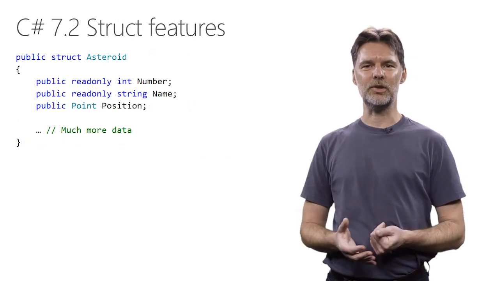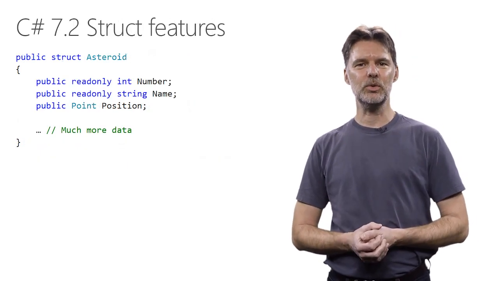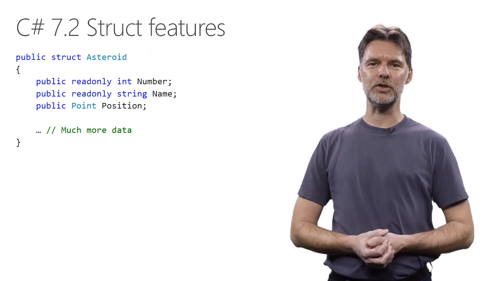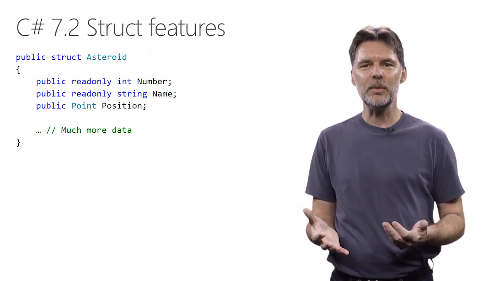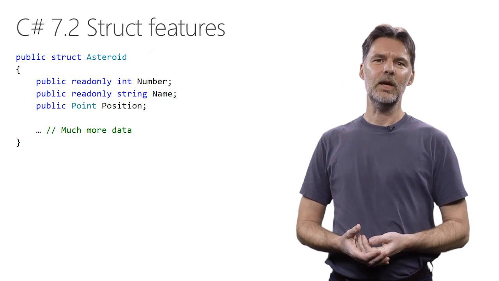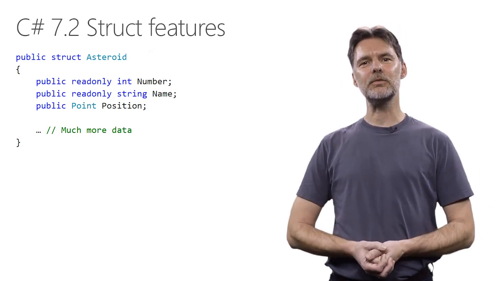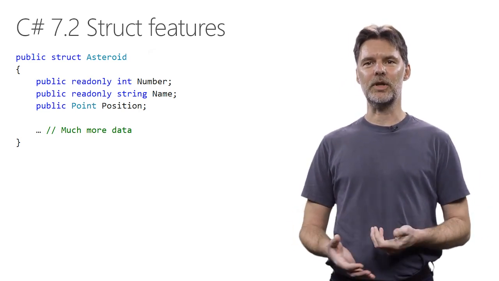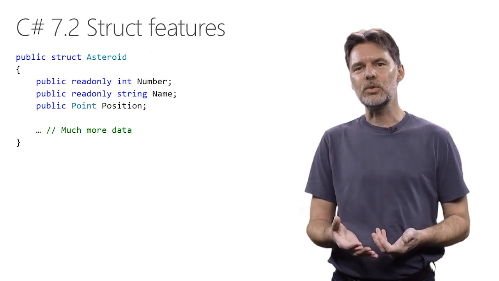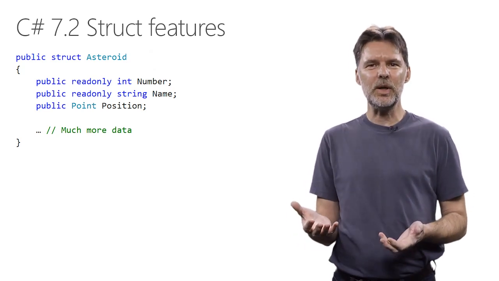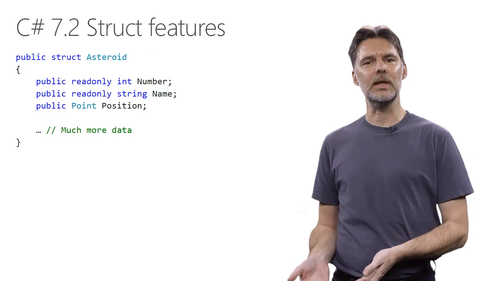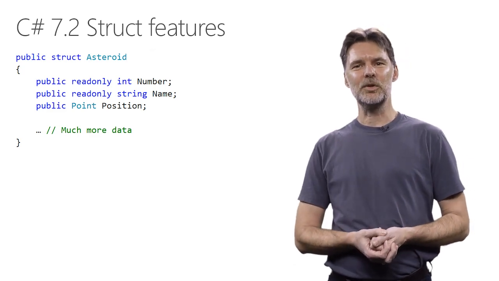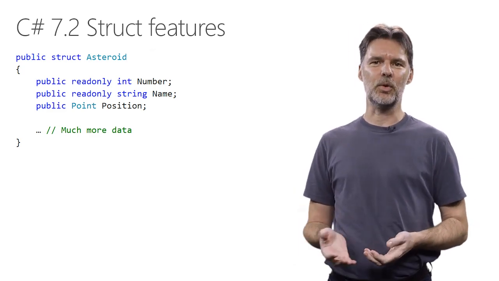Let's turn now to C# 7.2. C# 7.2 adds a number of features around working efficiently with structs. Oftentimes, structs are used for performance reasons to avoid the overhead and unpredictability of garbage collection in high-performance scenarios. Even if you don't do this yourself much, chances are that a framework you depend on does internally at a lower level. Let's look at some of the new features that make it easier, safer, and more efficient to work